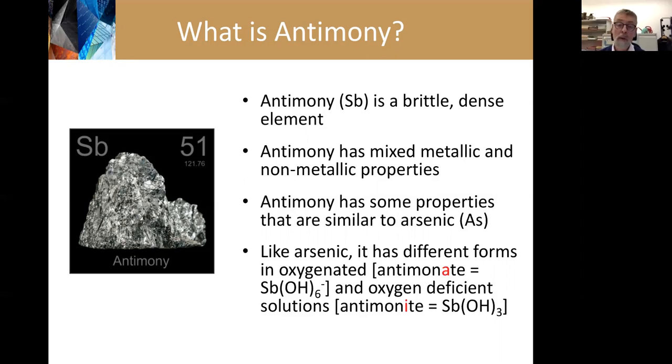It exists in two main forms or oxidation states in the environment, like arsenic. Under oxygenated or aerobic conditions, in solution, it is primarily present as so-called antimonate, which is Sb(V), oxidation state 5, Sb(OH)6 minus, means it is an anion, while under reduced or oxygen deficient conditions, it speciates as antimonite. So Sb(III), as antimony with oxidation state 3, and that speciates as Sb(OH)3 as a neutral molecule.